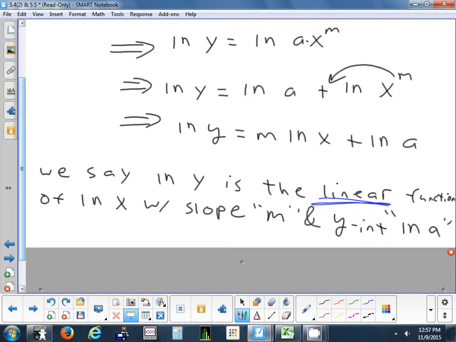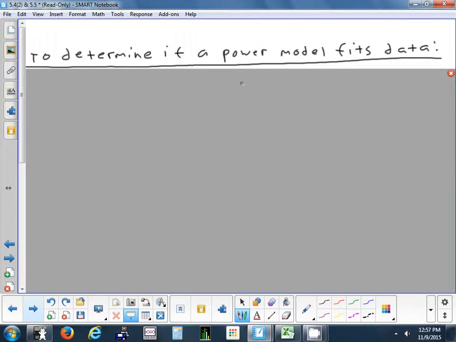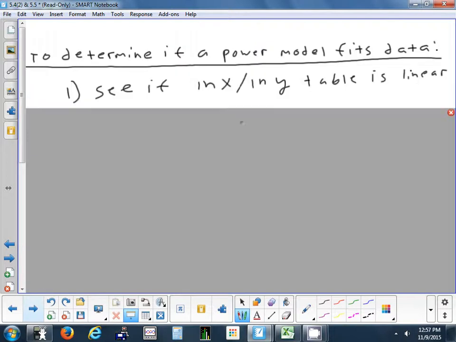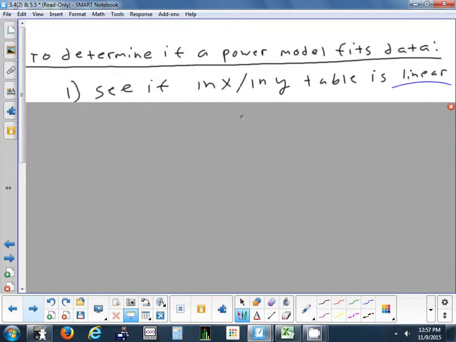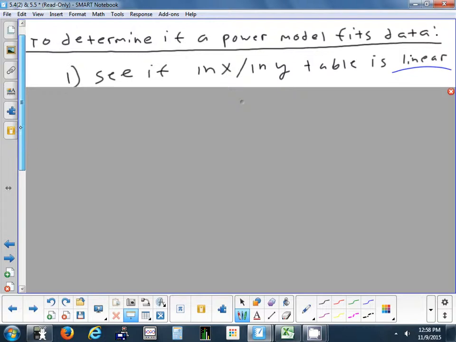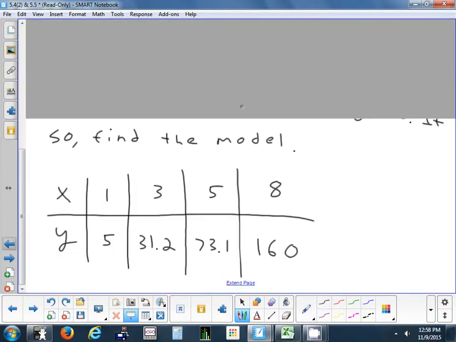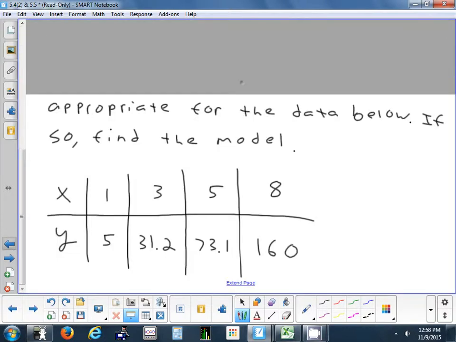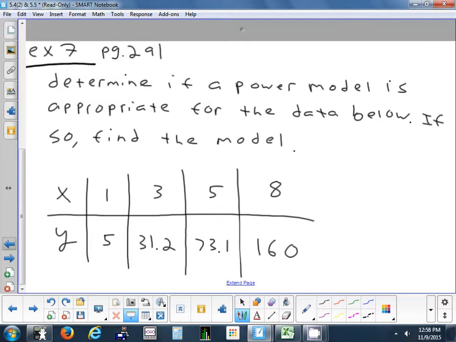Okay, does everybody have that? All right. So let me show you how we determine if a power model fits the data. What they're going to give us is a table of x's and y's. I'll scroll back up. Let me scroll down so you can see what they're going to give you. So they're going to give you a table just like this. And the first thing they ask is, is a power model appropriate for this data? The first thing we're going to do is take this table,